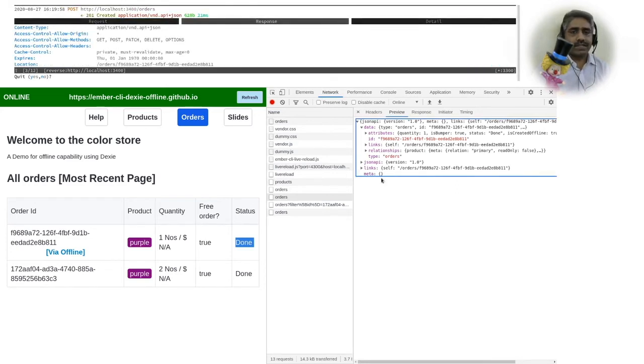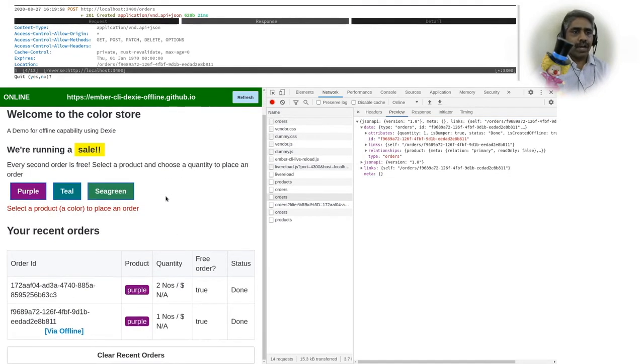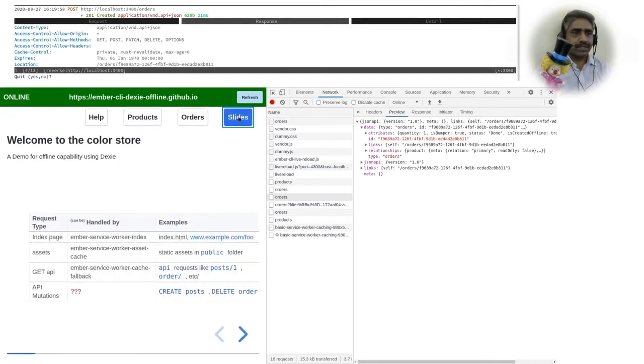I think we can see it from the browser window itself. So we've got the response back from the server. This is a case where we have seamlessly transitioned from offline to online, while there has been no reduction in the functionality of the app so far, as we have seen. So let's quickly go on to the slides to continue our discussion.